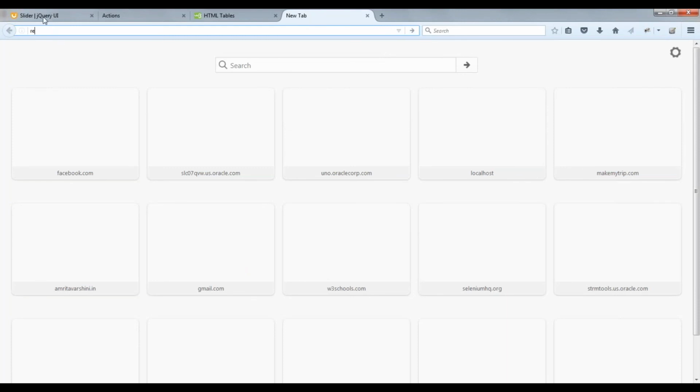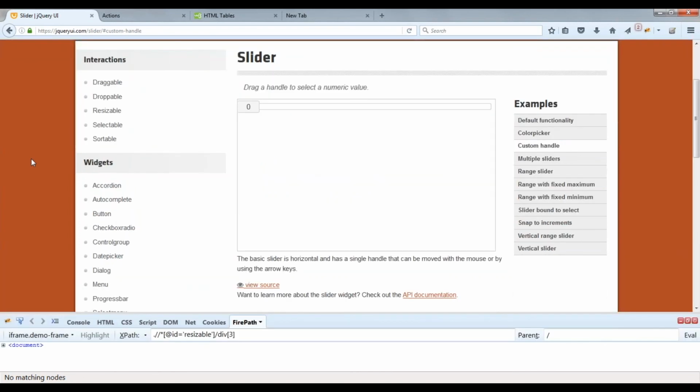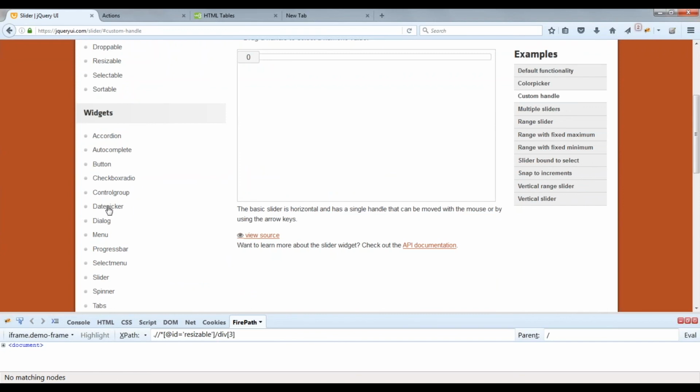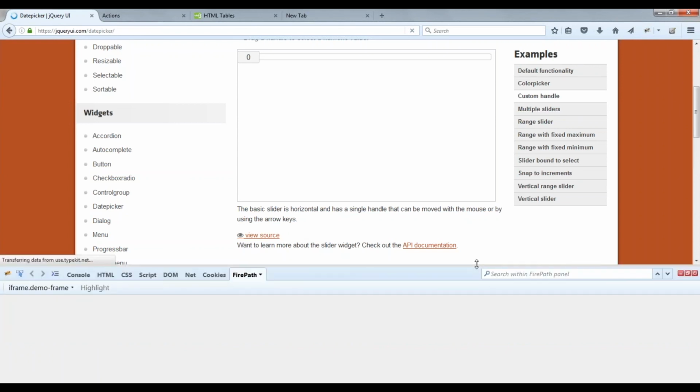Now we will come to the calendar. The calendar will also have a web table. So in this jQuery site I have a calendar also. Let me go here, that is date picker. Let me click on this. Okay, it's taking some time to load.